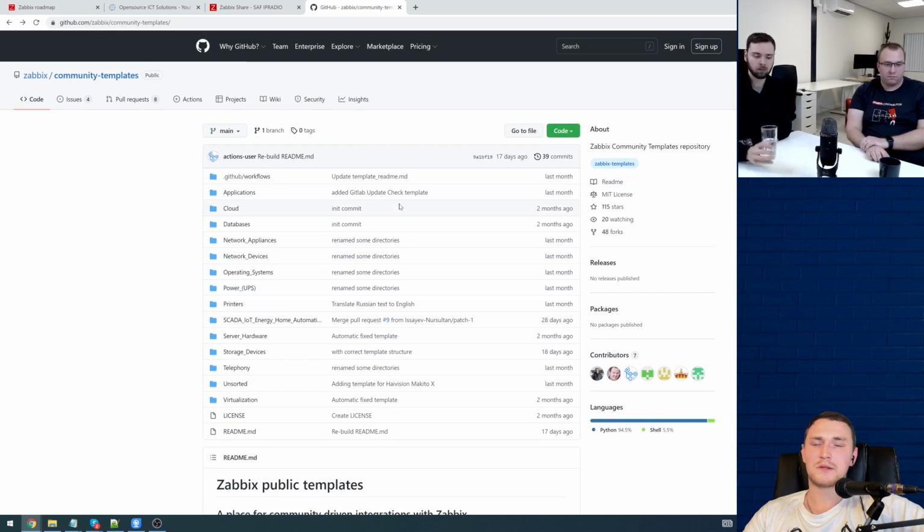Doesn't matter how big the integration team gets inside of Zabbix, how many templates they can release with each version. It's absolutely not enough to create everything that the users are asking for. And also sometimes it's not just a lack of an additional pair of hands to create it. Sometimes just